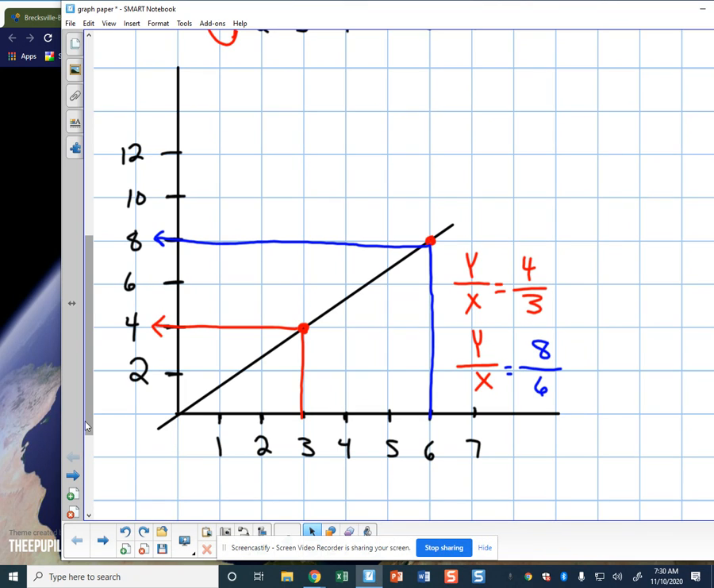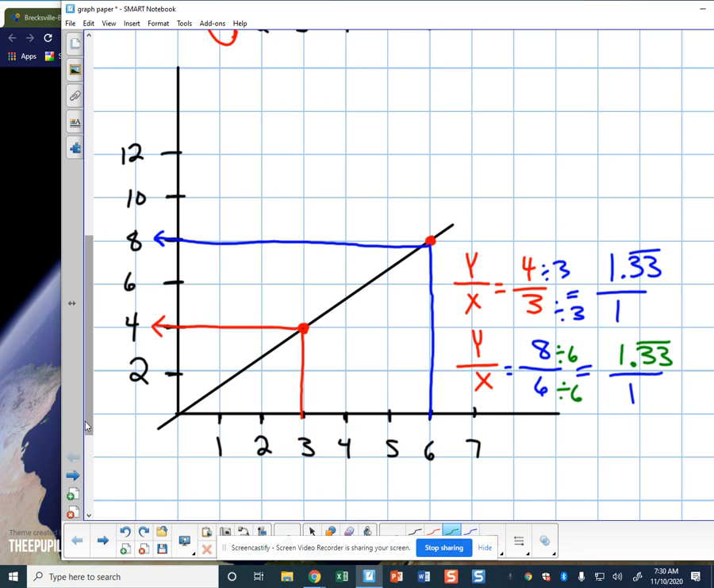Now, what we have to do next is figure out how we're going to get that to a unit rate. So again, we're going to make the denominator equal to 1. And I know in this case 3 divided by 3 and 4 divided by 3 would give me my answer. So 4 divided by 3 would be 1 1/3, or 1.33 repeated. Now if I did the same thing here, if I divided this by 6 and this by 6, I would get 1 1/3, or